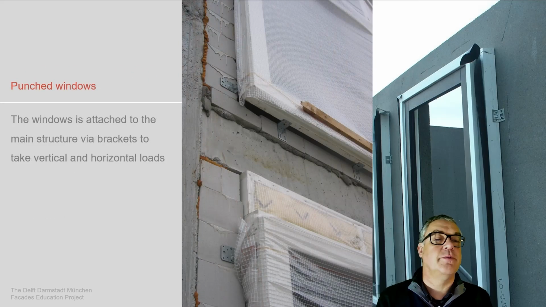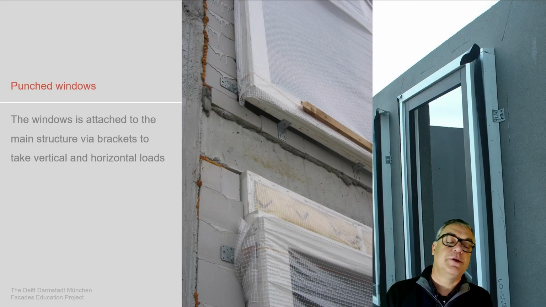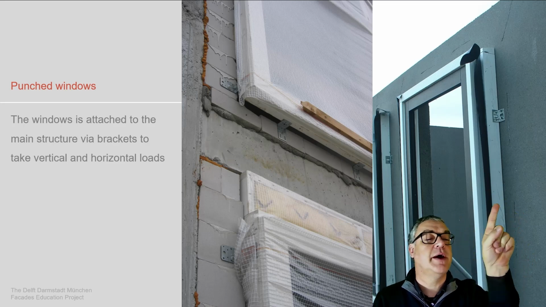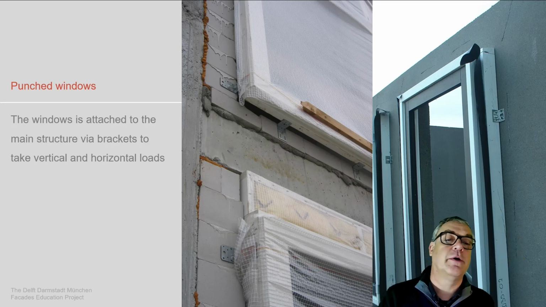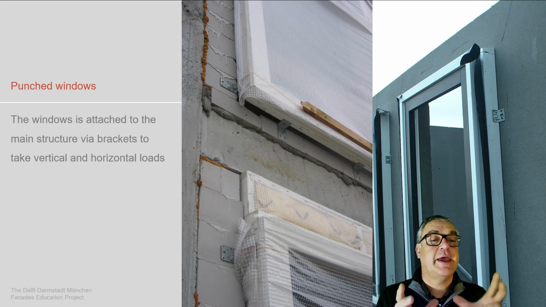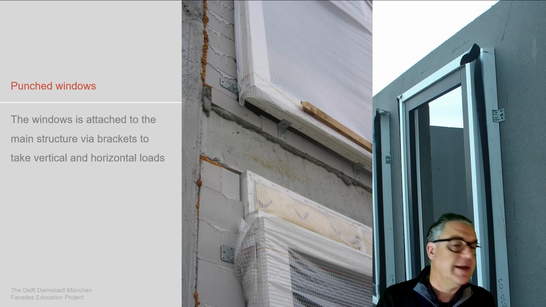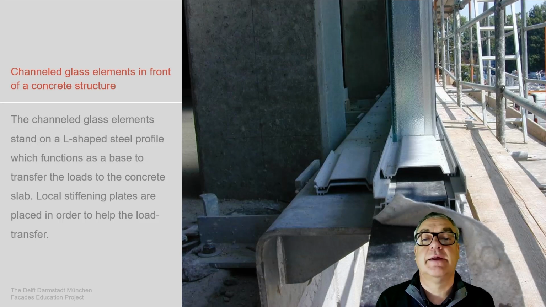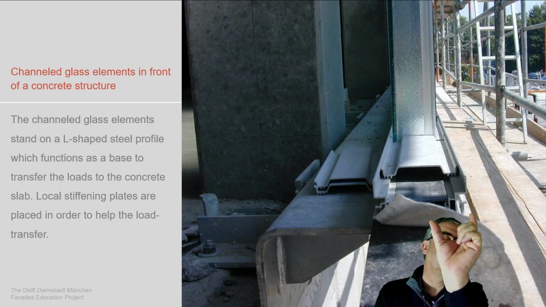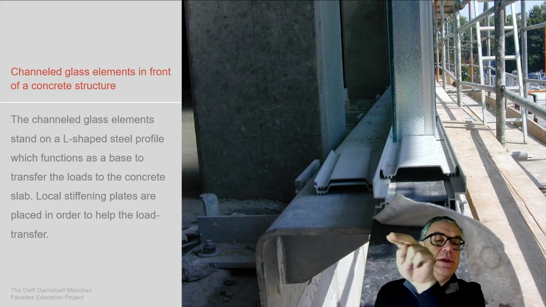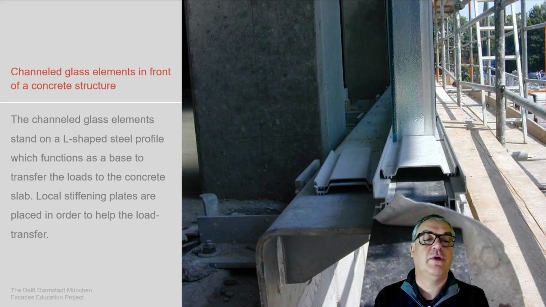For the natural stone, this is the windows. Punched windows, so simple windows being placed on the main structure, either purely in concrete, which we see at the top part with this small bracket, or into a masonry structure, which is within the concrete structure. And we see small brackets taking the loads of the window, payloads, as well as wind load, as well as dead load, to then bring them back into the main structure. Quite a simple setting. Another solution, this is a cast glass structure, which structurally needs to be transported down to the main concrete floor slab.